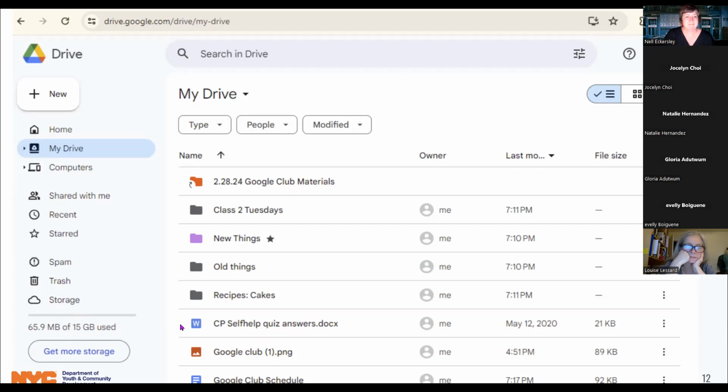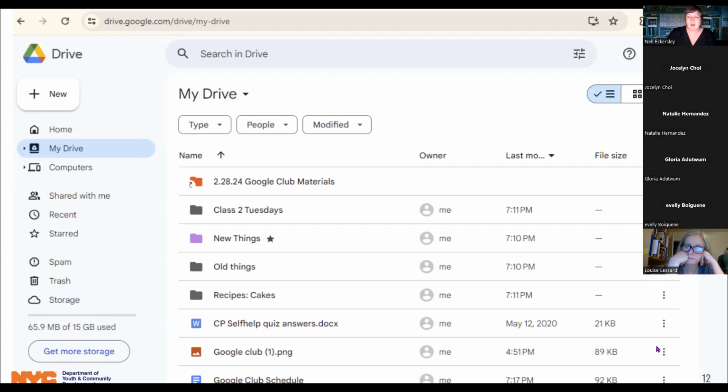15 gigabytes. So with a regular Gmail, if you created a new Google account, you're going to have 15 gigabytes of memory for free. In the old days, I mean maybe 3 or 4 years ago, if you made something using Google file types like Google Docs, Google Sheets, Google Slides, that did not count against your 15 gigs. That was amazing. What counted against your 15 gigs was email, Gmail, and photos. Now everything takes away from your memory.